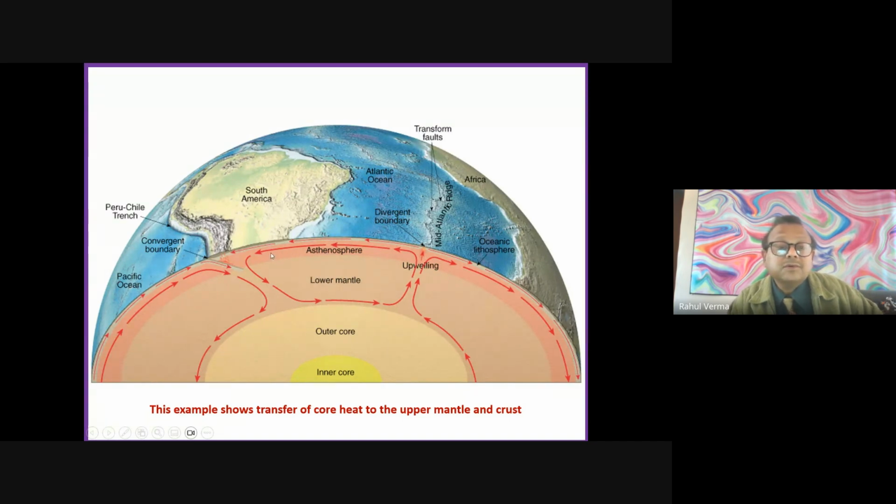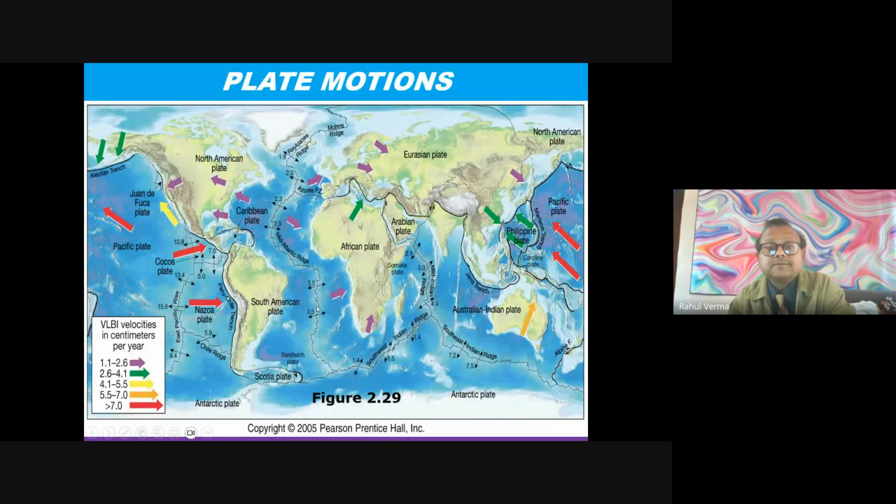And when these two chairs keep coming close, you get a convergent margin. There is the case of Himalaya. Now this is showing how the arrows are showing average rate and how each plate is moving. So you can see this plate is moving this side, this is moving this side, this is moving here, and this is in Australia, Indian plate. This was going here, and now it's here.